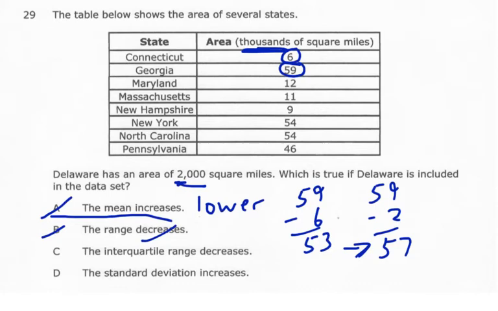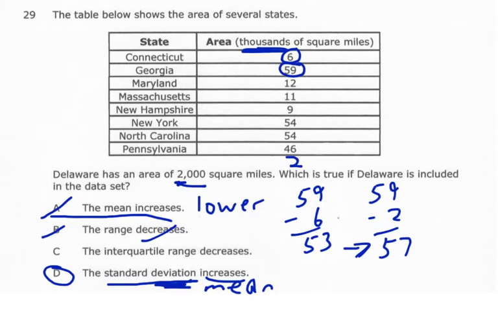I'm going to jump ahead to D, where it says the standard deviation increases. Do you remember what standard deviation is? It's how far it deviates or varies from the mean or the average. So if you have a bunch of numbers that are really close to each other, then you're not going to have much variance at all, are you? But if you have numbers that are far away, like 2, remember if we added 2 into that data set, it's far away from the average, isn't it? It's way smaller than the other numbers. So that tells me that the variance, or how far it's deviating, is going to increase. So I already know it's going to be D. But